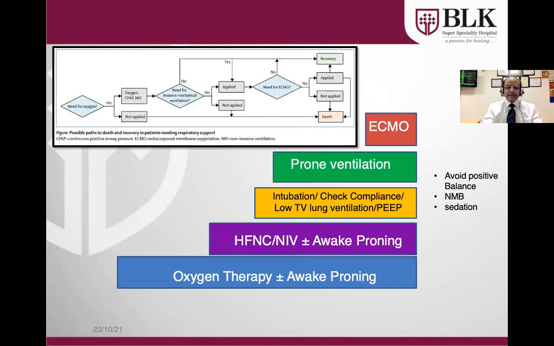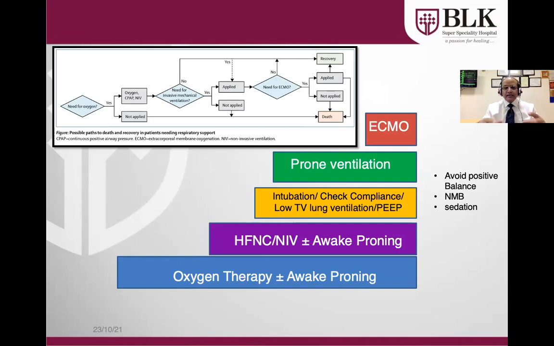So again, in CARDS, possibly we can look at oxygen therapy plus awake proning, HFNC and NIV with awake proning. Then we go for intubation, prone ventilation, and ECMO. This could be the escalation matrix here. So in a nutshell, to conclude, there appear to be two distinct phenotypes based on the biomarkers and the association with mortality. Whatever ROC curves have been constructed show very high accuracy in mortality prediction. And the reactive or the hyperinflammatory phenotype has